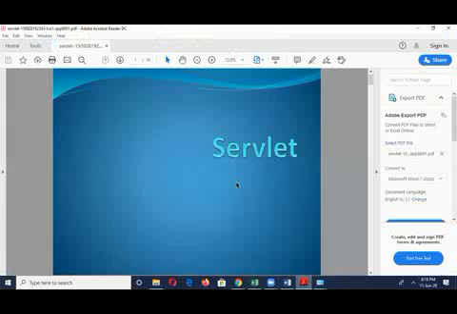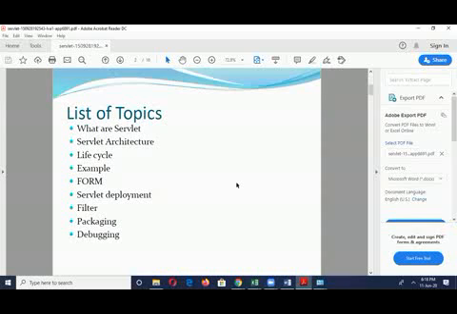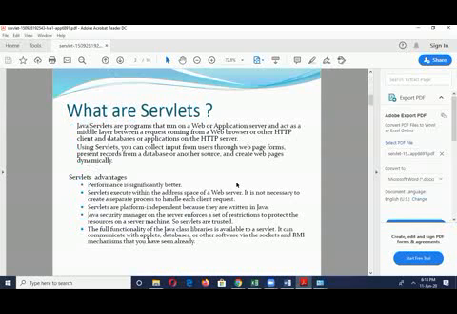Another question they will ask is servlet architecture. First of all, what is a servlet? Servlets are programs which run on the web application server, and they act as the middle layer between the web browser and the HTTP server. HTTP, the hypertext transfer protocol, is found in the application layer. It takes a request from the web browser to the server, and the HTTP client and database applications are found on the HTTP server.